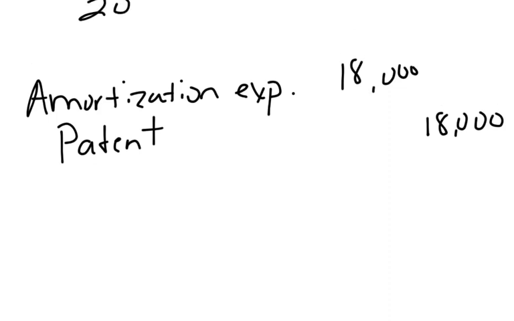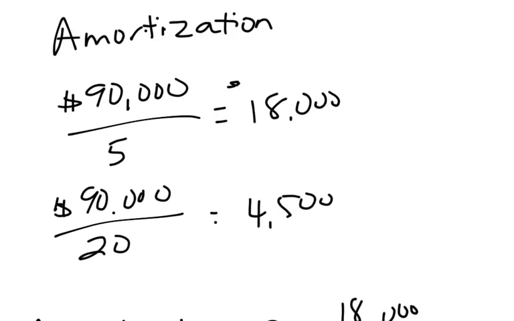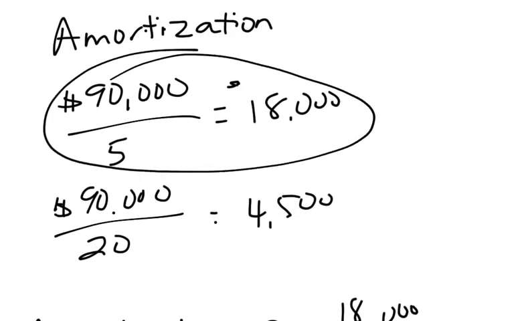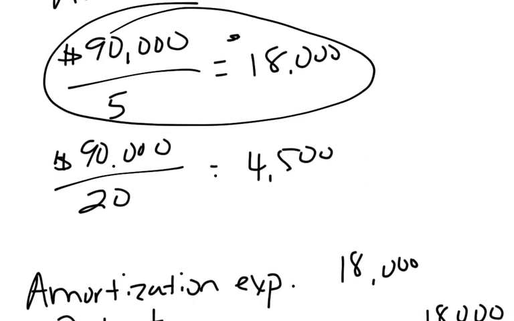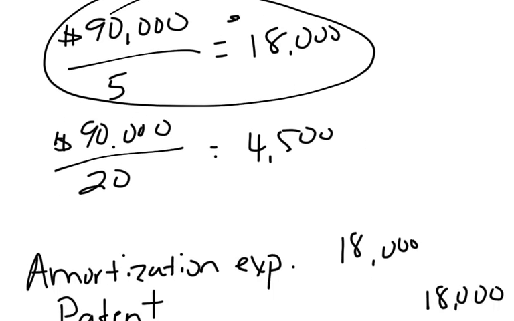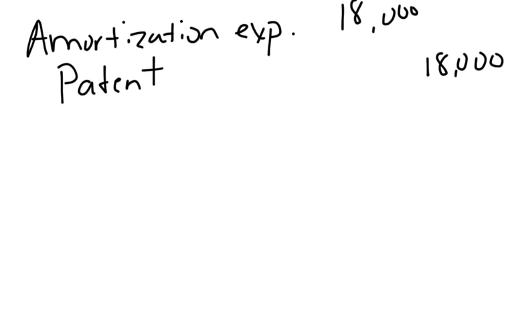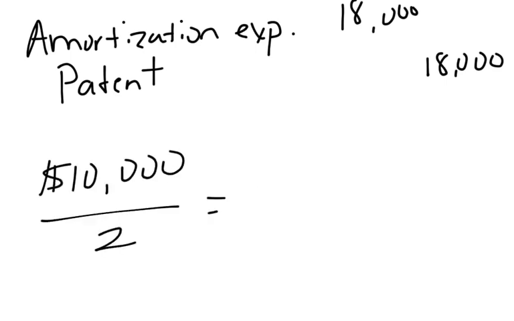Let's say that for our example up here, this original example of $90,000, 5 years, okay, and let's say that you had to take this to court, you successfully defended it, and the court money cost you, I don't know, let's say $10,000. We'll keep it nice and easy. But let's say that it's been 3 years that you've owned the patent, so we only had 2 years left on the useful life. Okay, well, you can take that extra $10,000 and you can just divide it by 2. So for the next 2 years, you're going to add an additional $5,000 to that amortization expense. Or you could redo your entire